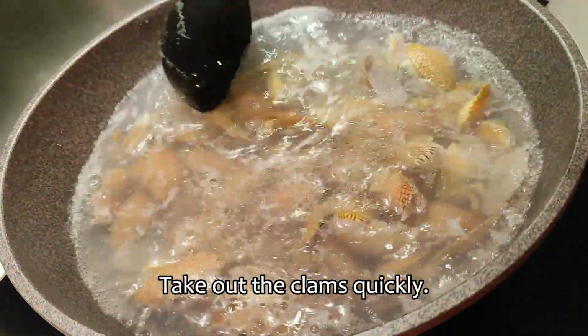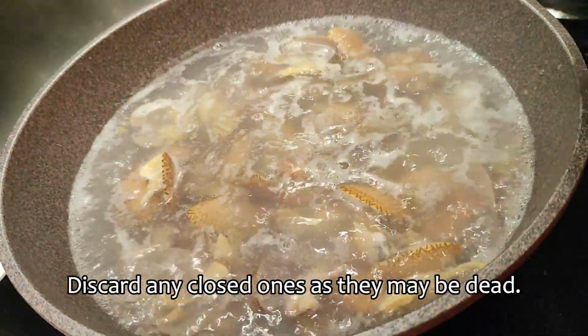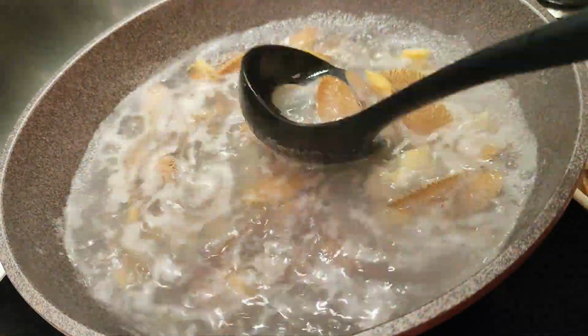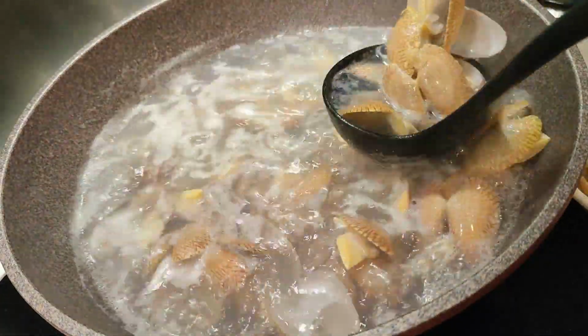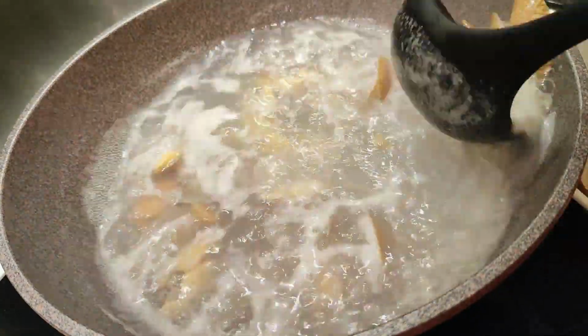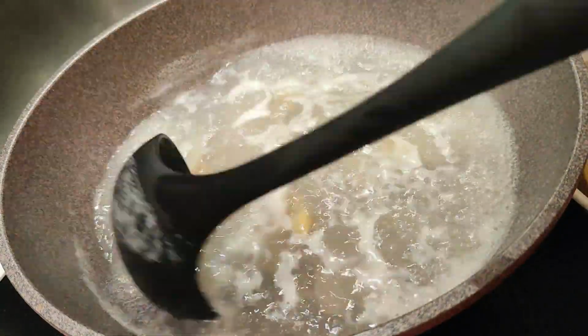Take out the clams quickly. The boiling process takes about 2 minutes. Discard any closed ones as they may be dead. Some even have grit inside the shell. 煮2分鐘到啲蜆就會全熟，要打開個殼嘅先至係熟同埋食得，唔開蓋嘅一定要揼著佢，佢哋可能死咗或者入面有好多沙。